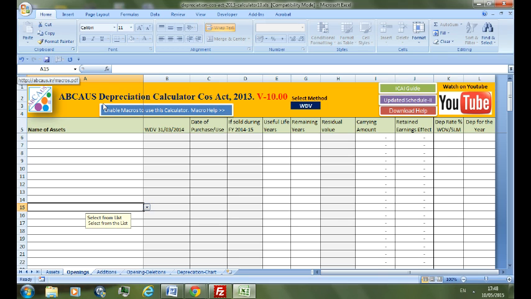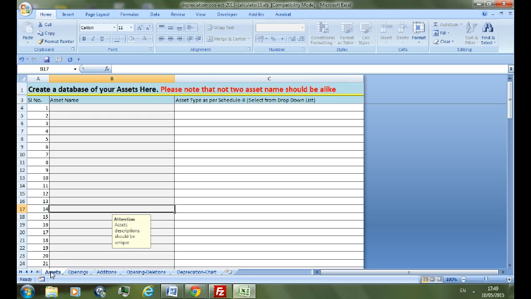First of all, go to the sheet Assets, click here. Here you are required to create a list of all the assets. Care should be taken that no entry should be identical, just to avoid errors. Here also one should note that